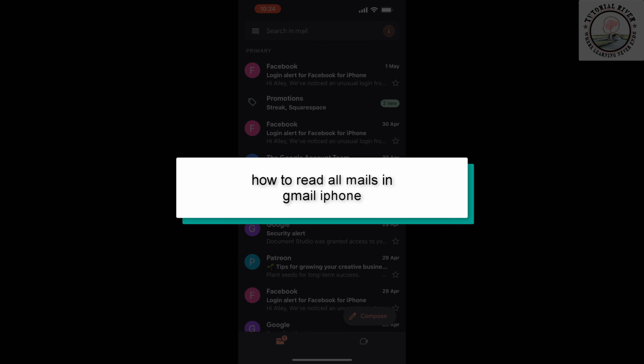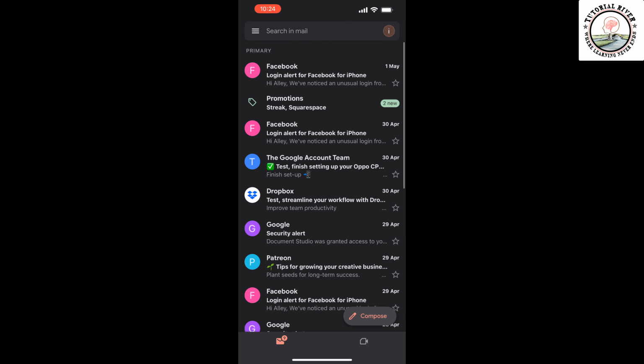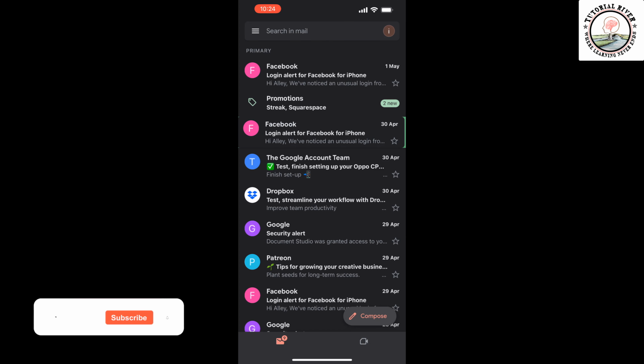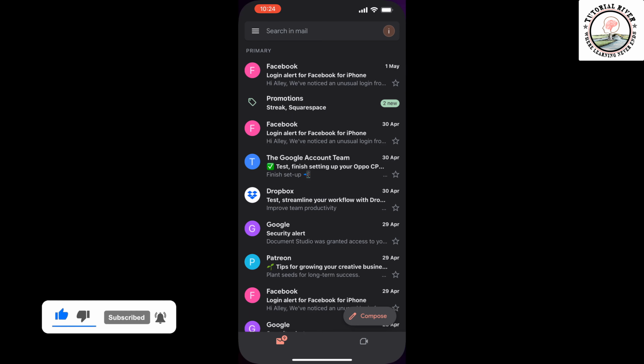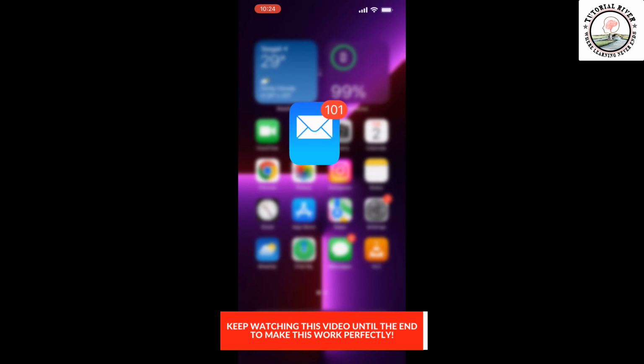How to read all mails in Gmail in iPhone. So if I open my Gmail app, as you can see, there is no option to select all mails at once. So to read all your mails at once, you have to open your mail app, and before that go